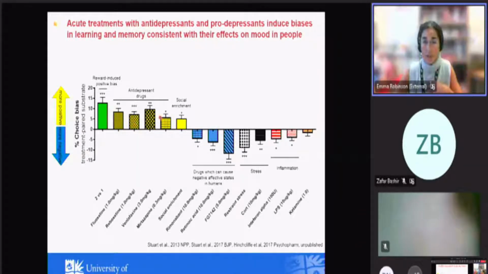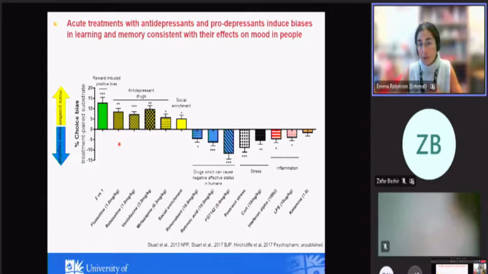These are reuptake inhibitors and a receptor blocking antidepressant. These induce a nice positive bias. So just to really emphasize the importance, the animal has only had exactly the same value food reward throughout. So this is being generated by the drug treatment, which we would argue is generating a positive affective